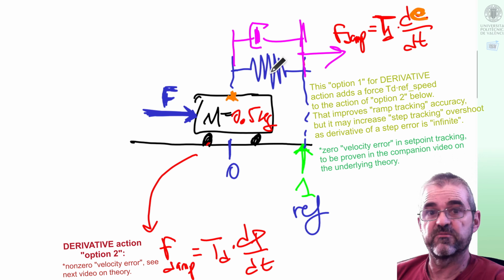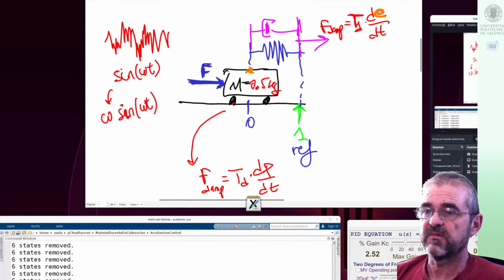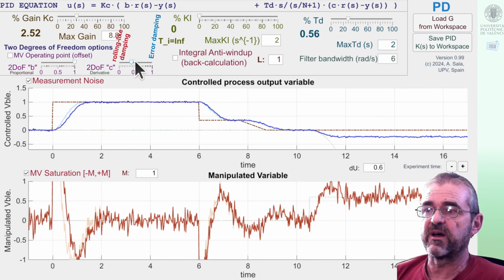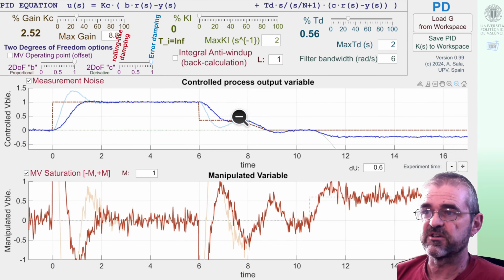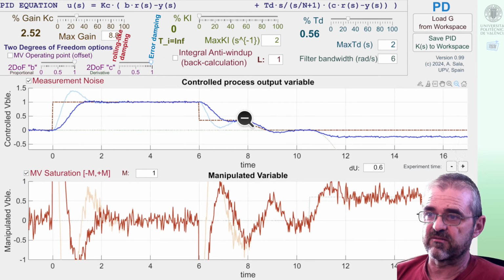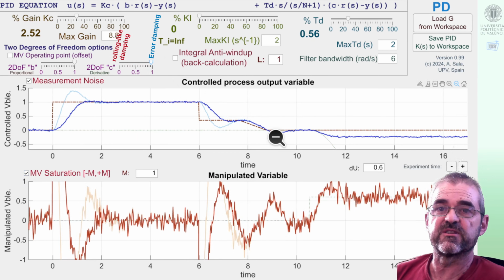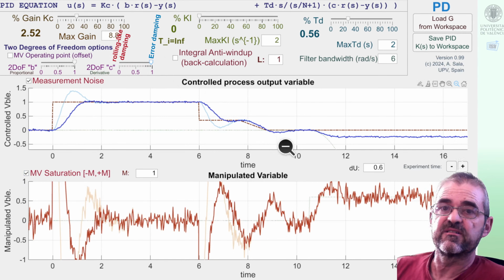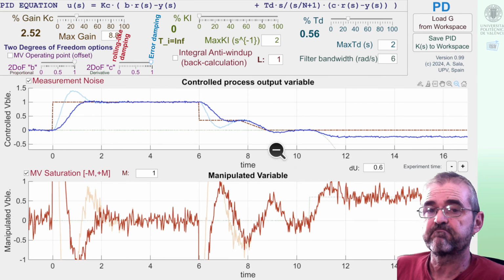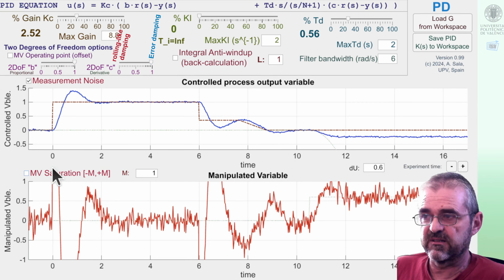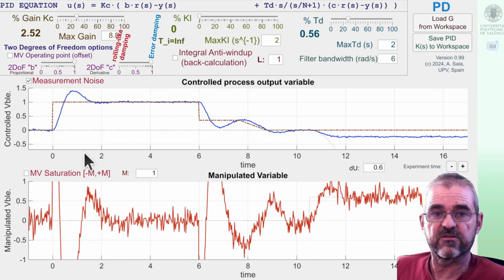In fact, we'll discuss when we deal with the theory that we could track references with zero error with this option for the damping, which will be C equal 1 in my simulation here. And in it you see that the reference is going to be tracked in a much better way when the ramp shape starts. But if I disconnect saturation,